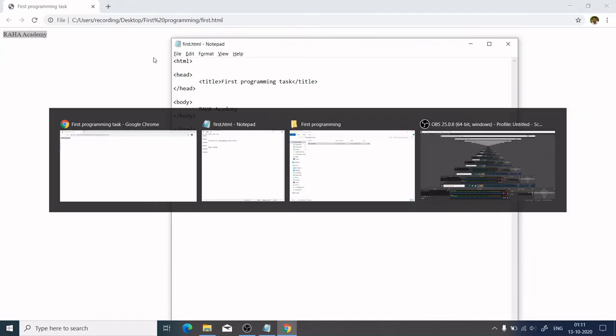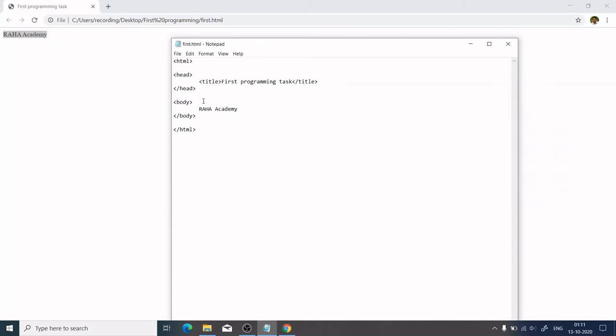Let's go to the page and refresh it. Now you can see whatever we have typed, it is coming here, and if you observe, it is similar to the text file what we had earlier. There is no specialty in it. So that is because we have not formatted this particular element. So in order to format, we have to add structure to it. So there are many ways to do that.